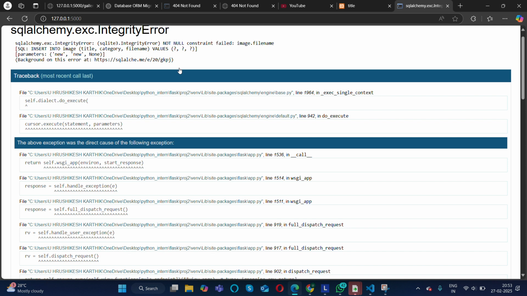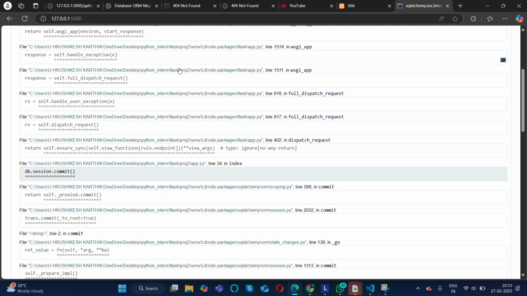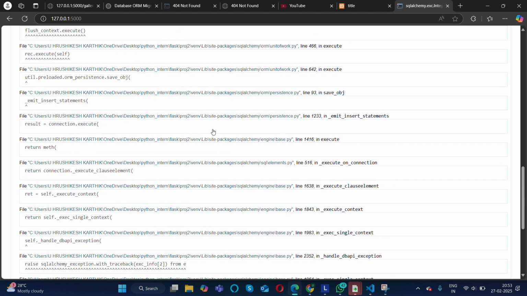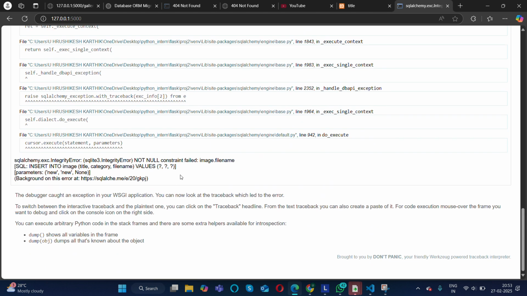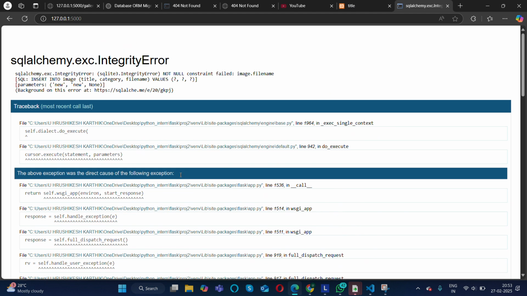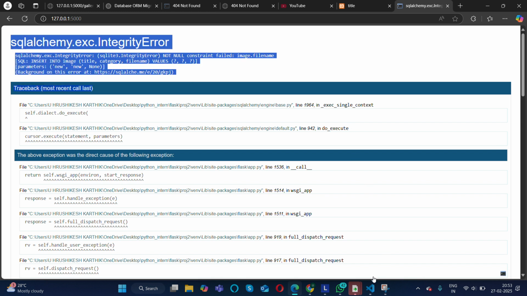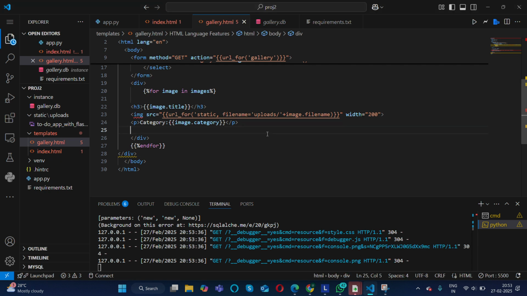So I think there is some mistake in the front end only. Is it showing red tags here?